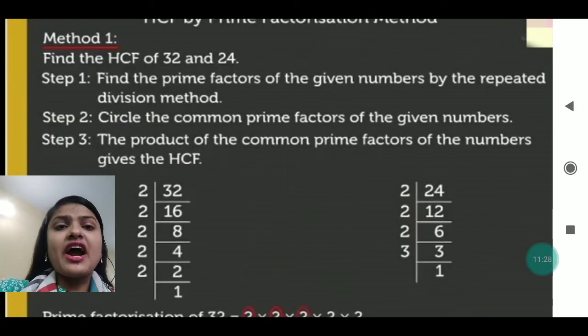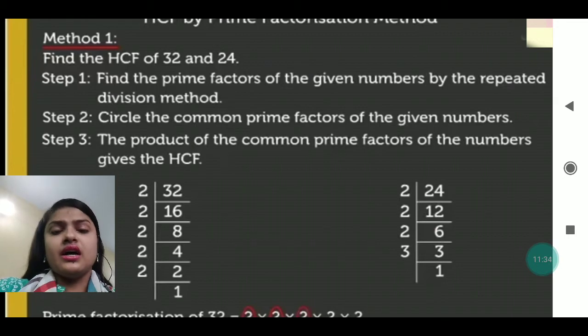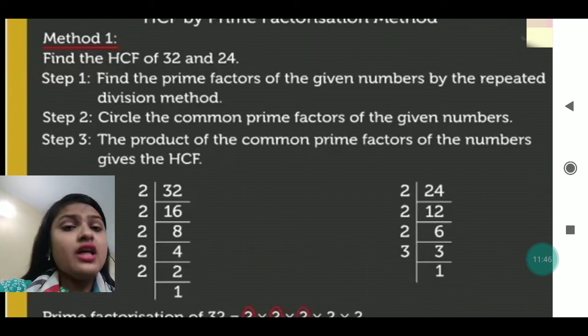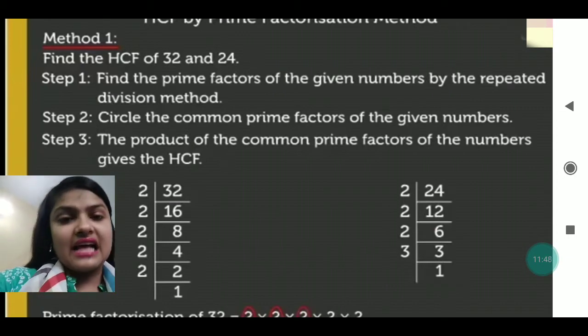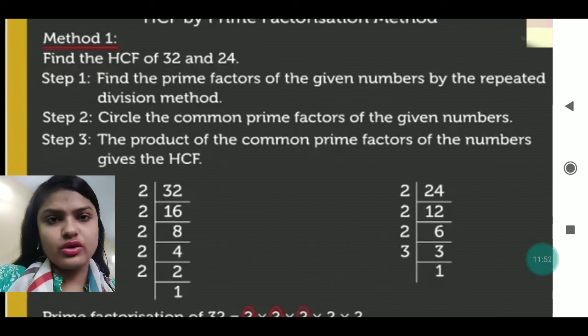Now just see, find the HCF. We have already discussed the prime factorization, how we used to do it by dividing or by building the factor tree. Now we are going to discuss how we find the HCF according to the prime factorization. Very easy it is now. Like HCF of 32 and 24 you have to find. We cannot do it as LCM, where both the numbers we write together and then find. No, in this we don't do that.